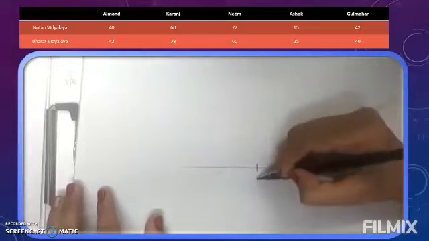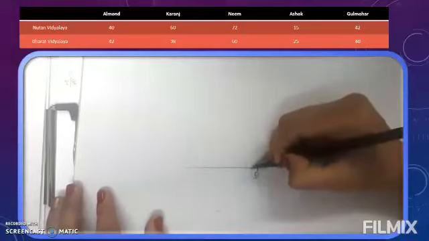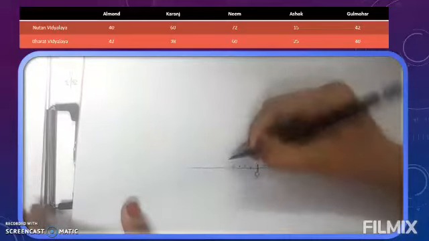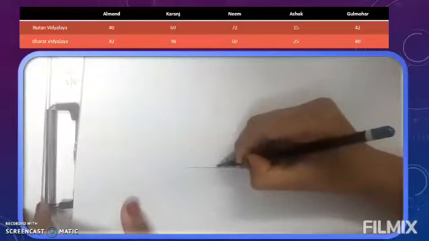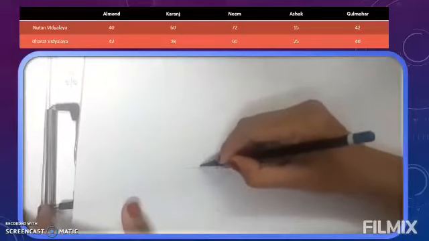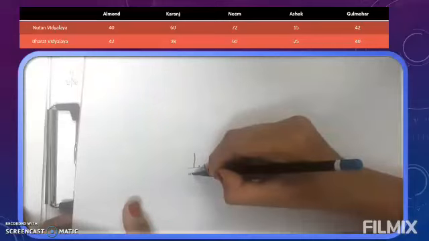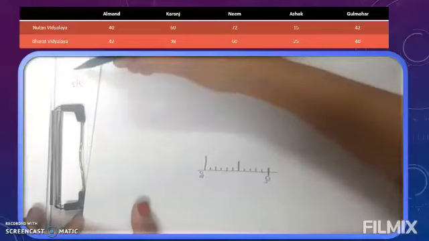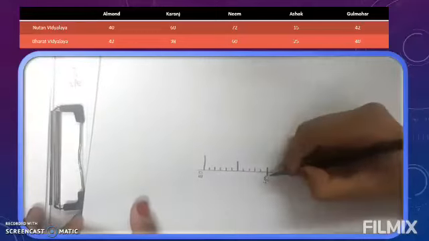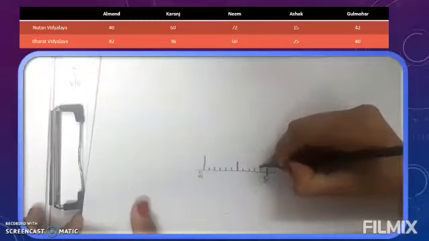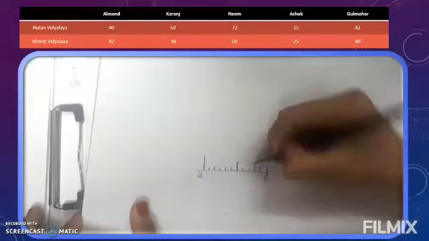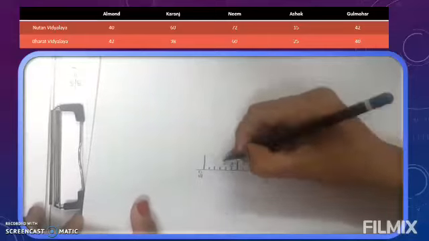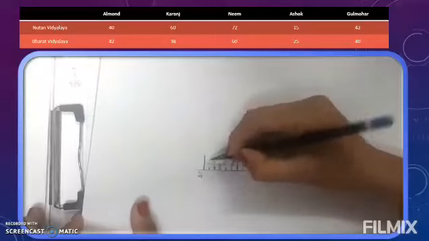Suppose here I have the number 40. Then I have a thin line. So I am zooming in and showing you here: 1, 2, 3, 4. Then the fifth line is a little bigger. 5, 6, 7, 8, 9, 10. Then here I have the number 50. Now I told you that after this calculation we got that our one thin line stands for 1. Now start counting from 40: 40 plus 1, 41. Then 41 plus 1, 42. Then 43, 44, 45. Got it? So like that we will get information about each and every number.